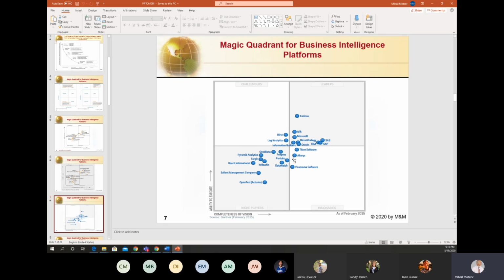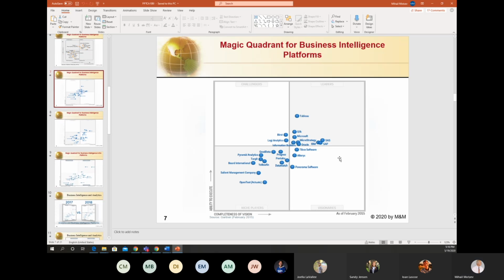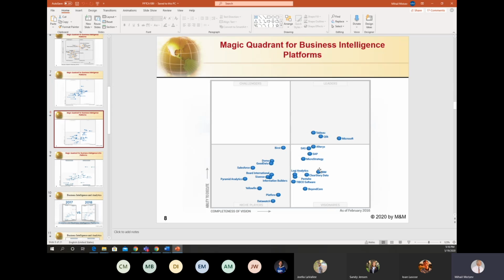But as we can see, companies started to spread and also go to visionaries, which we can find out if we go to 2016, when many companies moved into the area of visionaries.